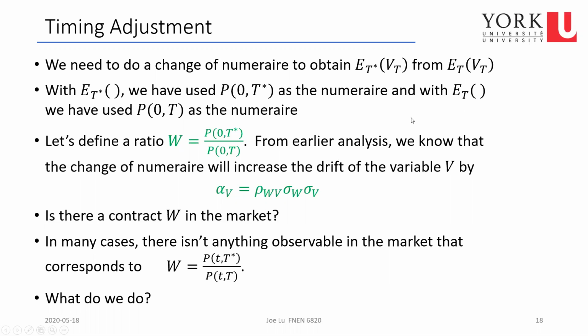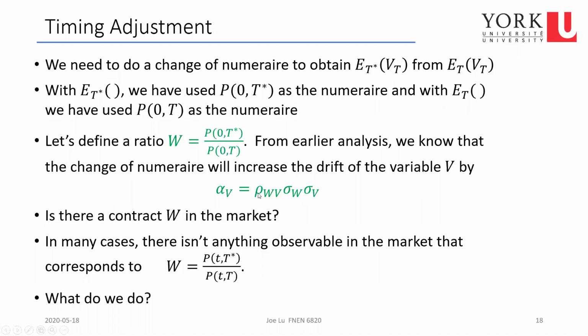Basically what we do is to find this, which is G with T to T star. So we're changing from this to here. This will be numeraire G, this will be numeraire H. Now to do that, we can just easily plug in this drift term as rho between